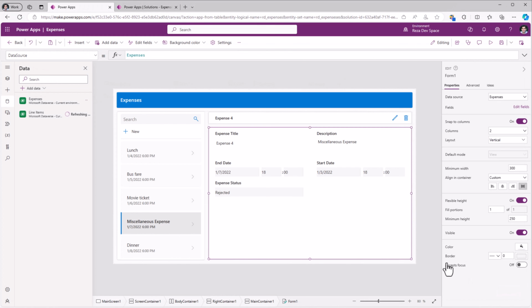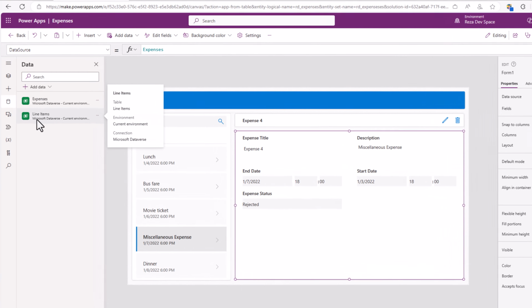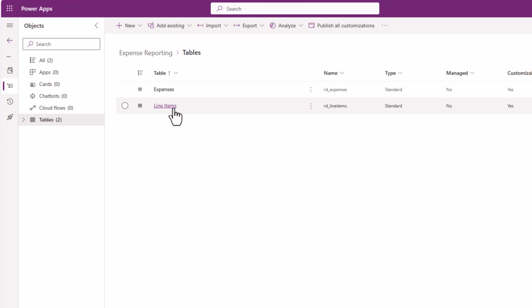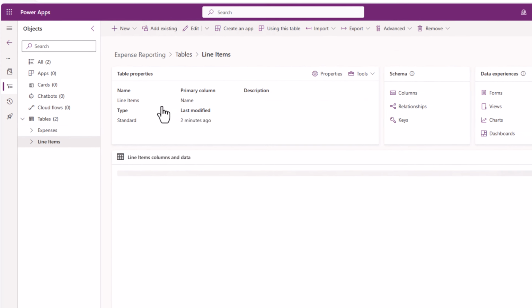And I will click close. This will go and create the table and connect it in my Power App. Solution view. Now to create the relationship between these two tables, if I simply select the line items table here,